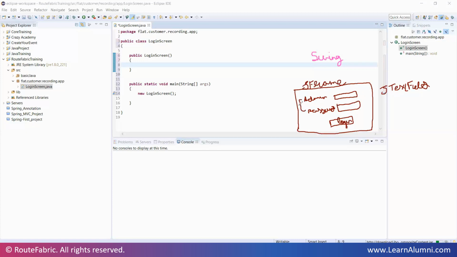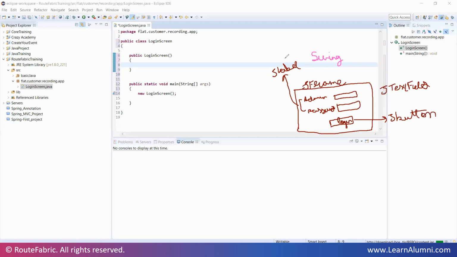When you need to mention something on the screen, like a heading or a sentence, we have JLabel. So in Swing, they are termed as JLabel. For a button, we have the JButton option. Currently, for this screen, we need these four things: JTextField, JButton, JFrame, and JLabel.